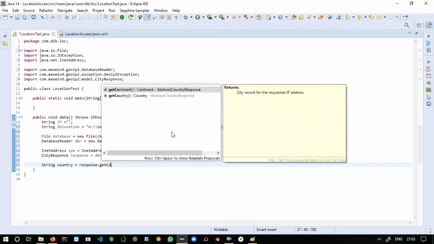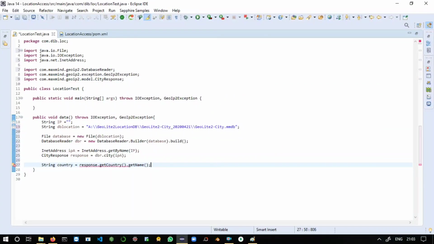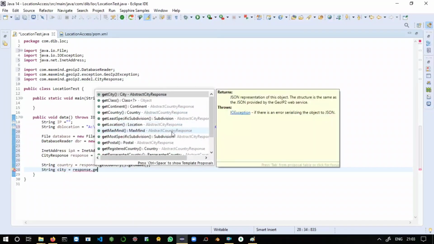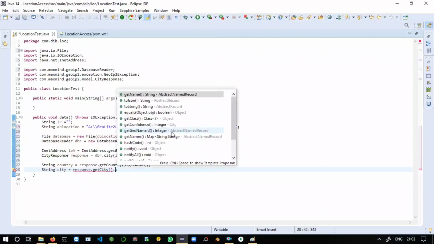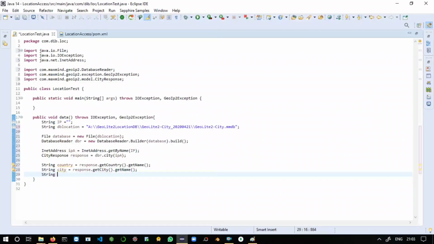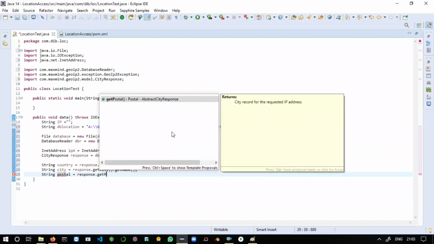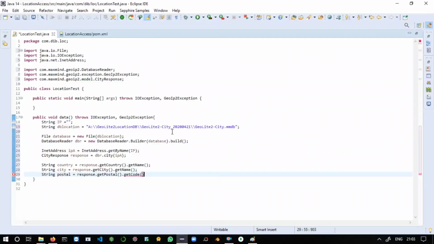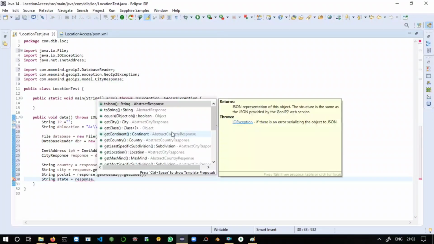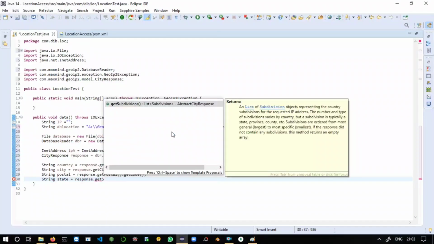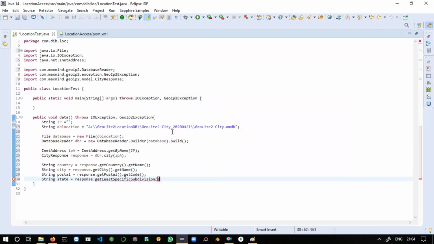String country is equal to response.getCountry().getName(). Again, String city equals response.getCity().getName(). Again, postal: response.getPostal().getCode(). String state equals response.getMostSpecificSubdivision().getName().